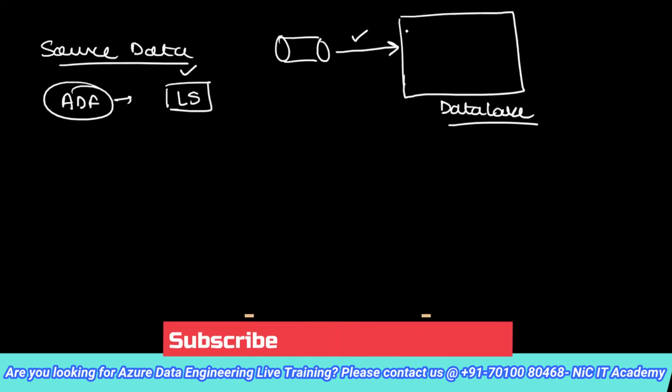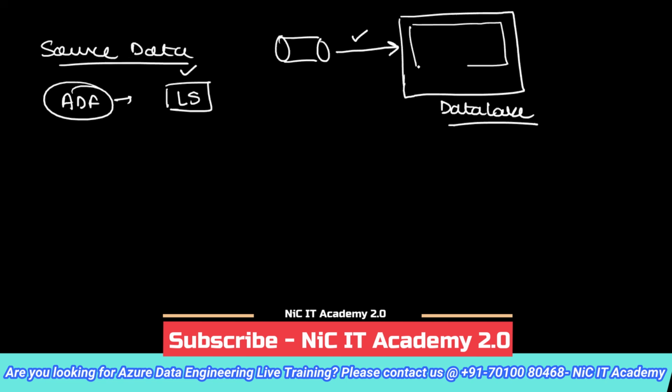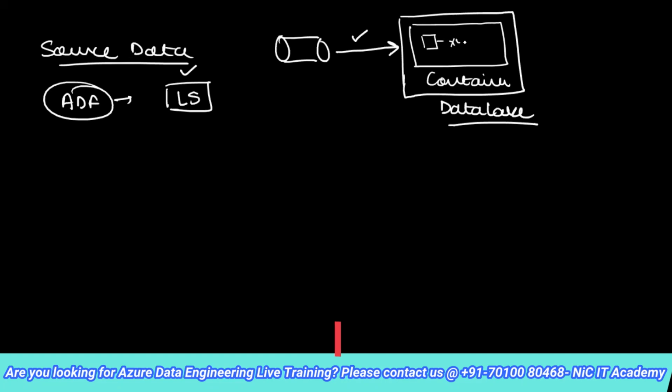within the data lake, you will not have the data directly. You will have something called a container. Within the container, you have the data. Let's say you have a file of the type CSV. Let's call it xyz.csv. This is my file name. So I need to tell ADF that the linked service has helped me connect to the data lake. Now what else? I need to add information about the container. Yes or no? In which container you have to look for the data?